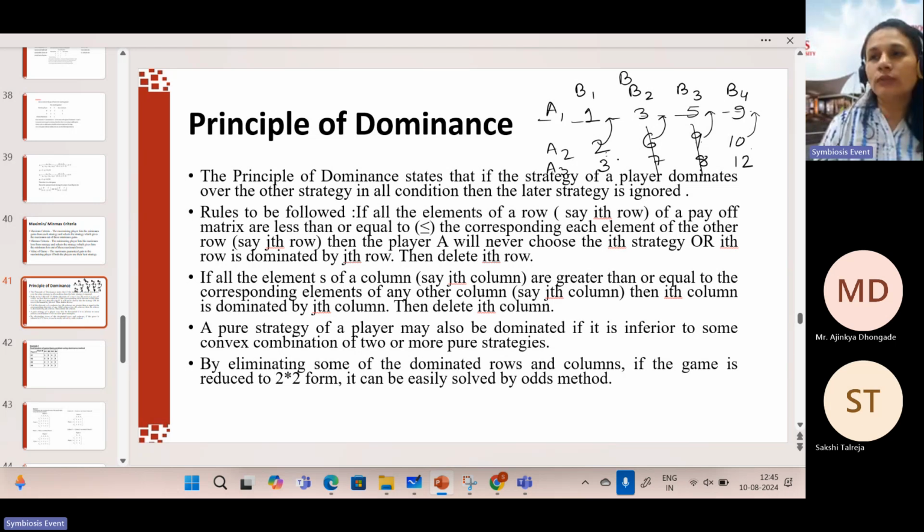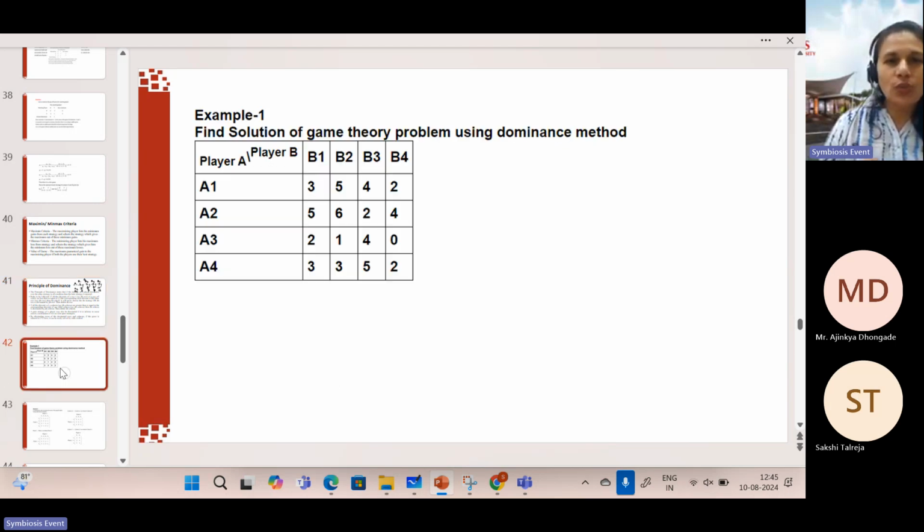Sometimes you will observe that this simple rule is not working. So in that scenario, you need to take the average of the two strategies and then compare it with some other value. If that is justified, that is also feasible. So when the examples come, I'll explain that point as well. So let us begin with the first question, where it is written that you need to go by the dominance method, right? So I'm having player A with some